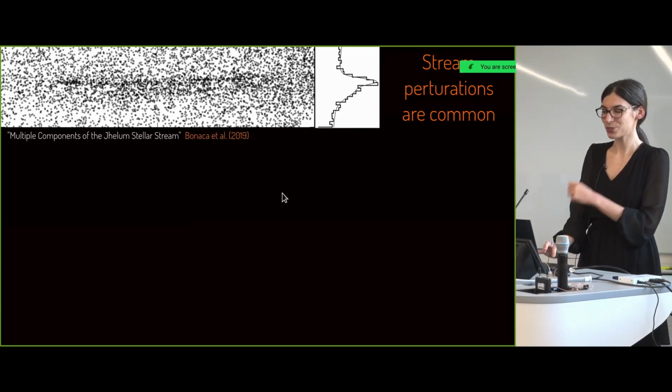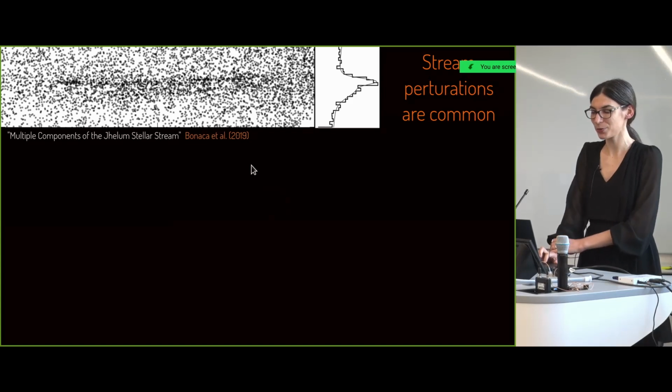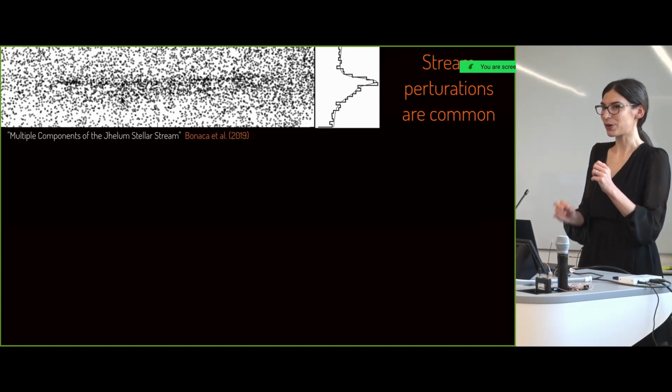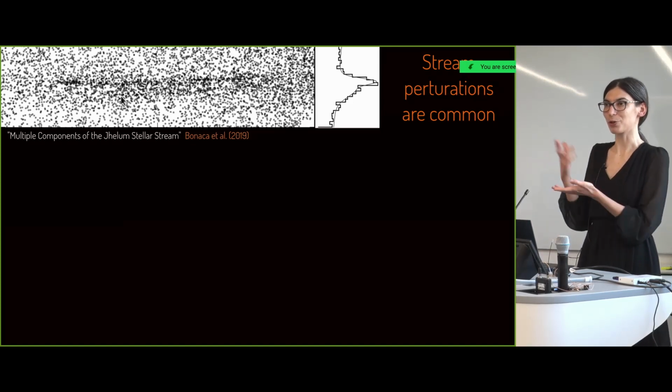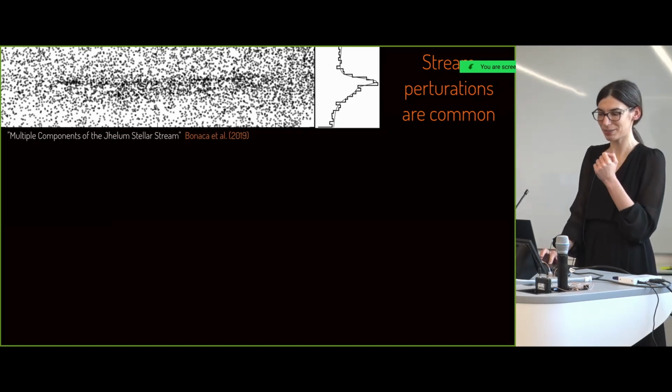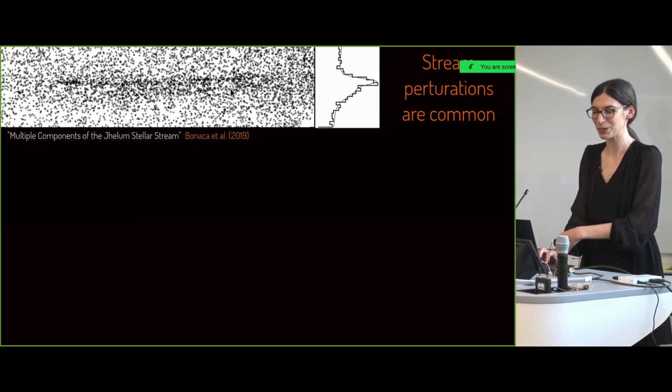So here I'll just cycle through a few of them, starting with the Jhelum stellar stream, which appears to have a very thin component and then a wider envelope around it, which is unexpected for a globular cluster stream. It should be really just a one-dimensional thing, and it definitely looks like a two-dimensional structure.